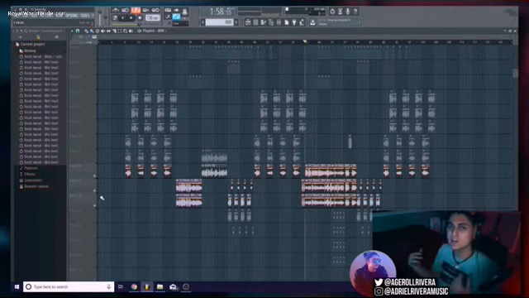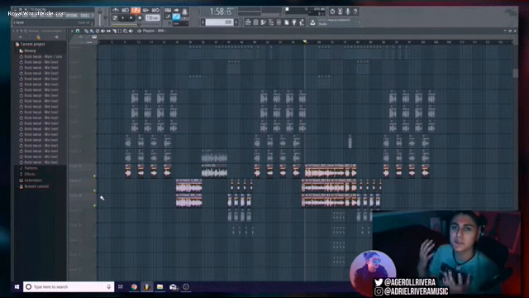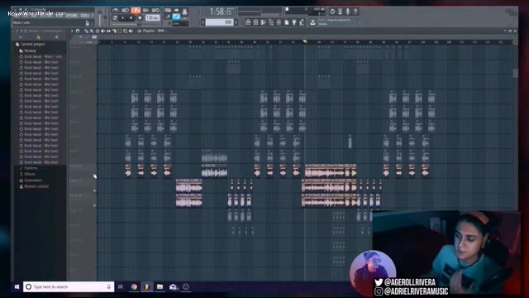Singing up the octave or just adding more background vocals is going to make the presence of your vocals a lot more noticeable. And it also just adds a nicer sound to it. So if you notice, if I turn off my vocal up the octave and we play it back,